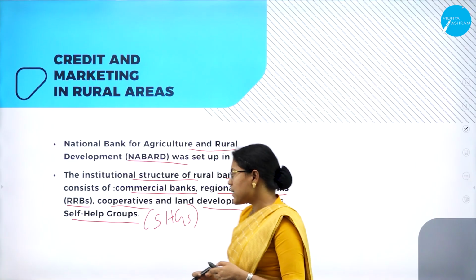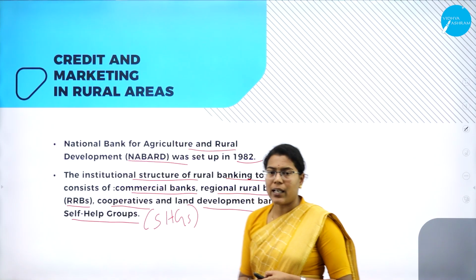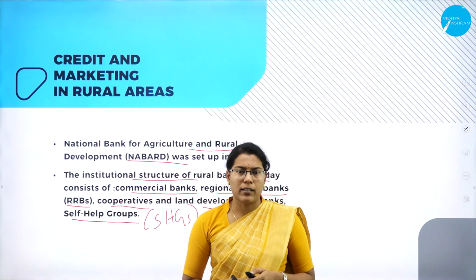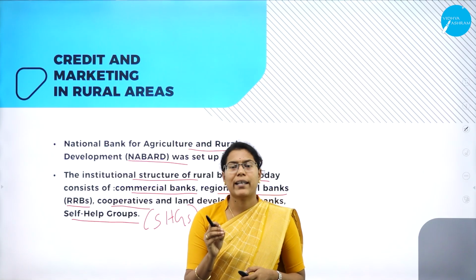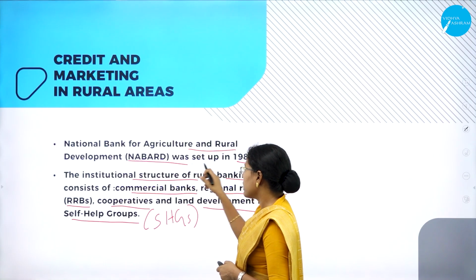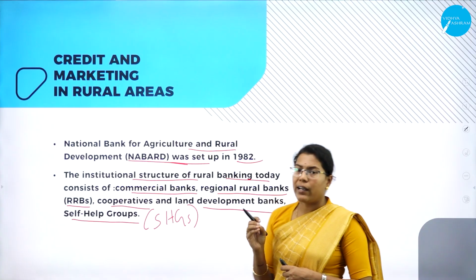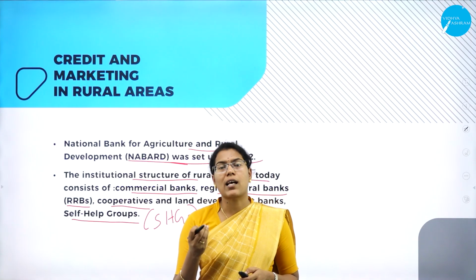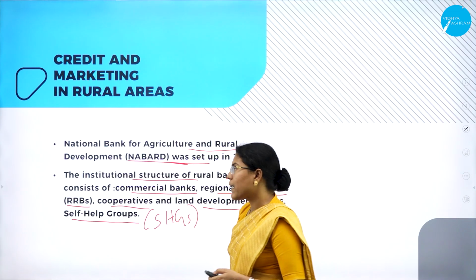loan. So SHGs were a microcredit system that was brought into rural areas, which helped many families and women, particularly in getting credit at a very low interest rate. And even NABARD has given loans to the farmers at very low interest rates. NABARD has played a major role in contributing towards the agricultural sector through agricultural credit.